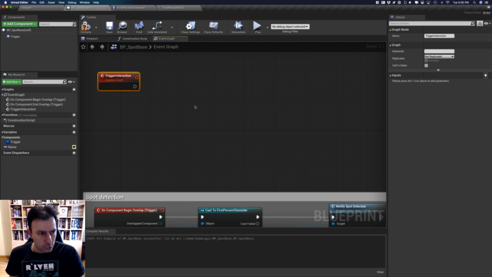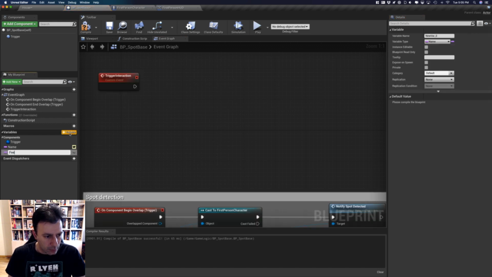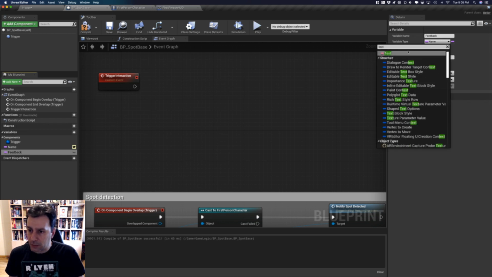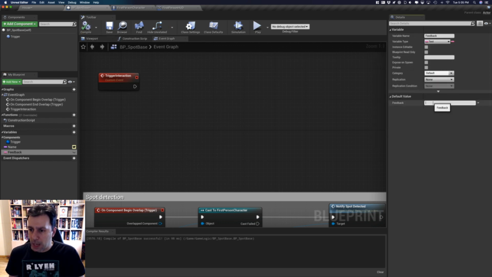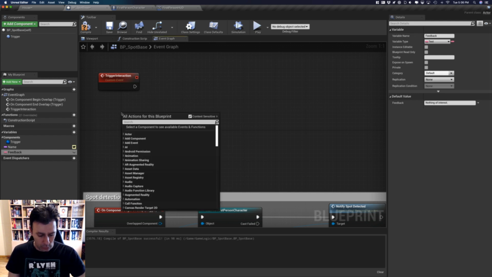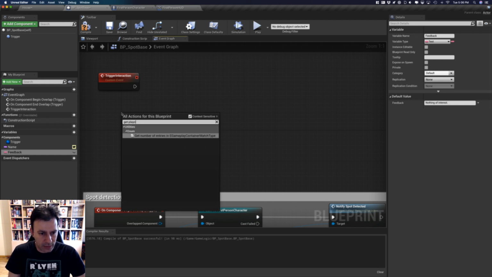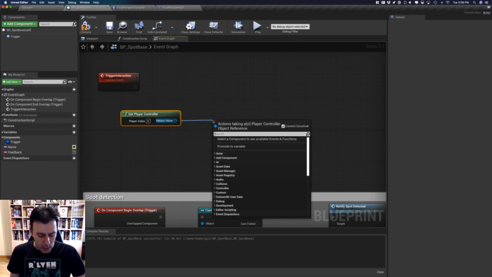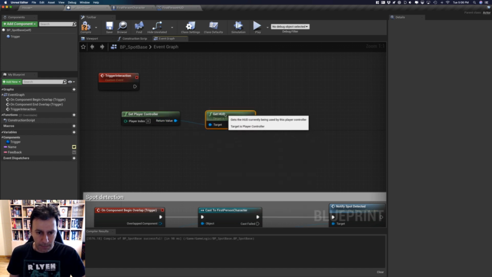For now, I'm going to add a new variable called feedback. It's going to be of type text, and the default text can be "nothing of interest". This is the default text. Now, when the hotspot receives this event, I want to notify the hub to display the feedback. So we did this before already. I'm going to get a reference to the player controller, then get a reference to the hub, and